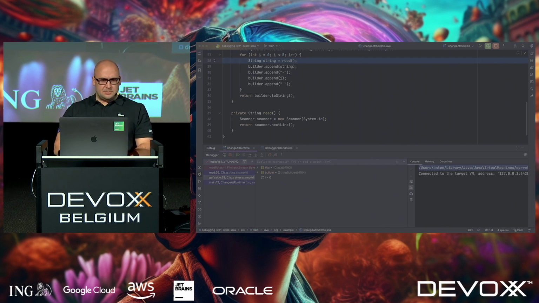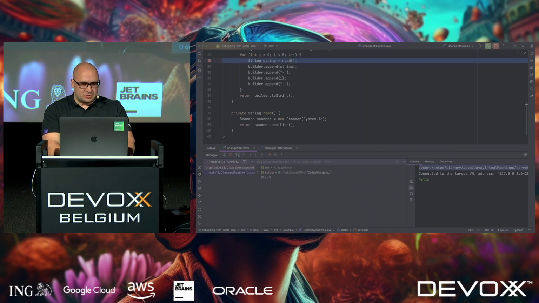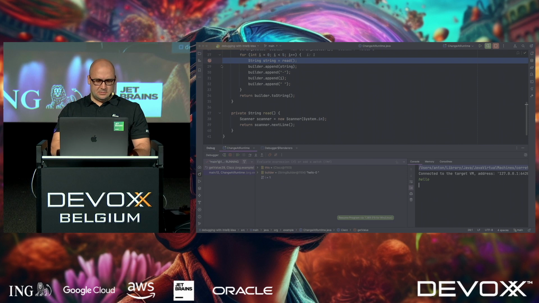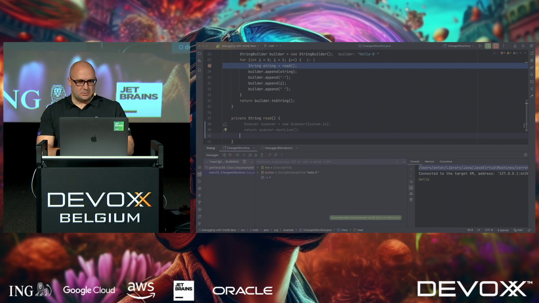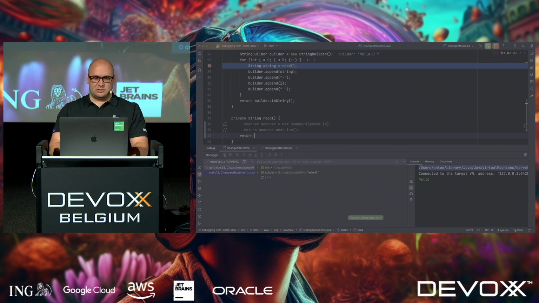We stop at breakpoint, and it waits for an input, so let's do hello. And we should let the program actually go. Now it's at the breakpoint, right? So it's waiting, and probably we don't want to input anything from the standard input all the time. Let's just return an empty string,